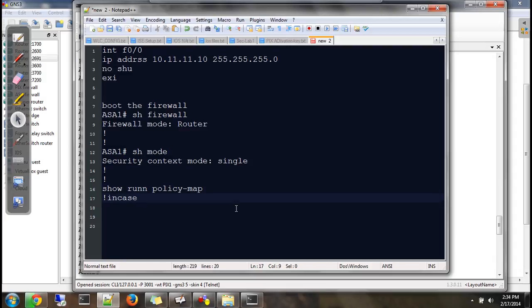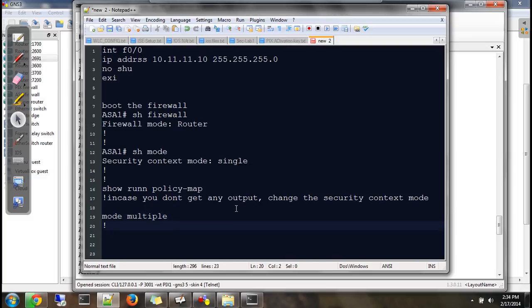In case you don't get any output, change the security context mode. How? You say mode multiple.